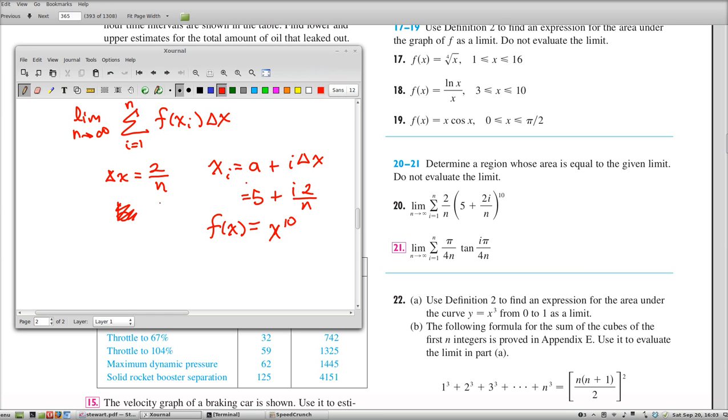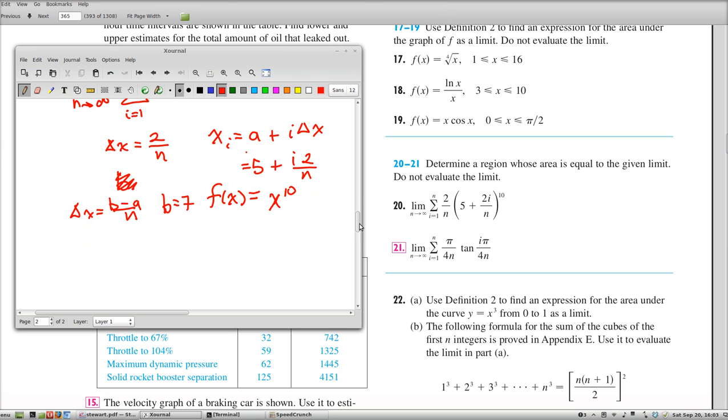And as far as a and b are concerned, we already know that a is equal to 5. So b, since delta x is also equal to b minus a over n, b minus a needs to be 2, and if a is 5, that means b needs to be 7. And so we could say that the region whose area is equal to the given limit is from 5 to 7